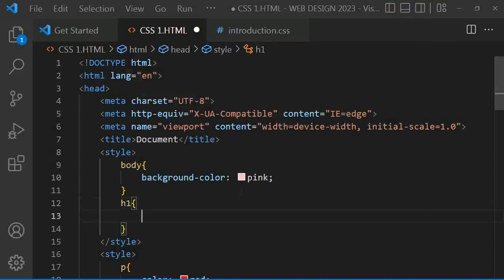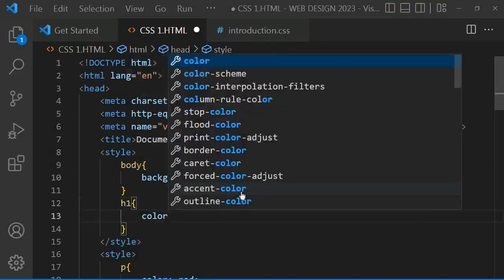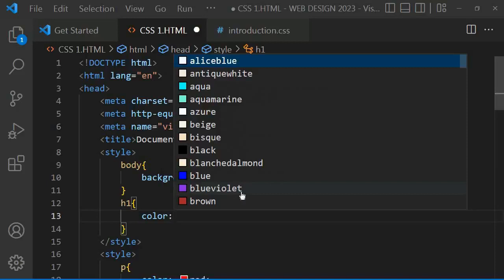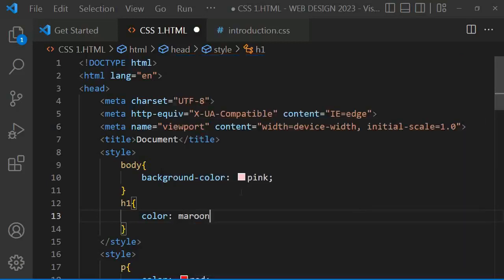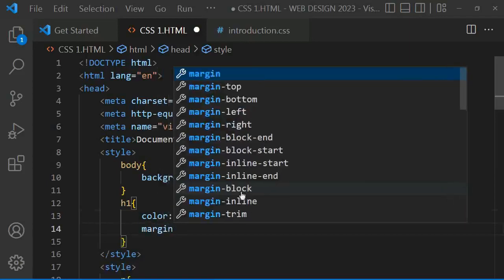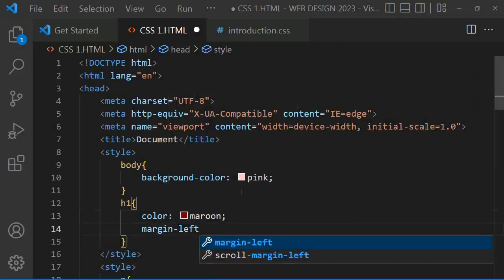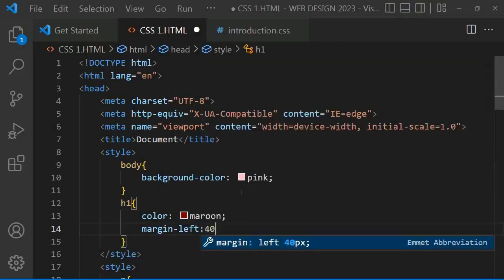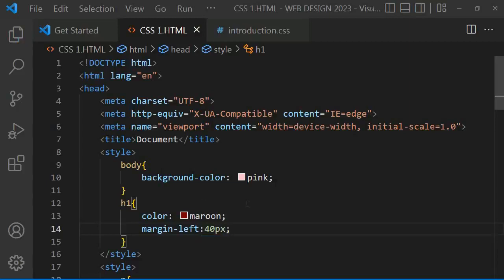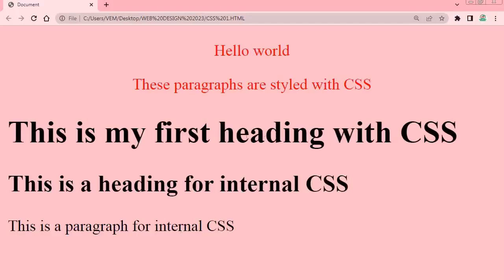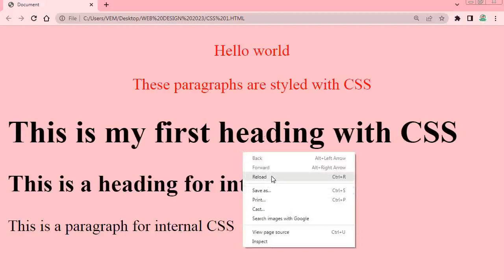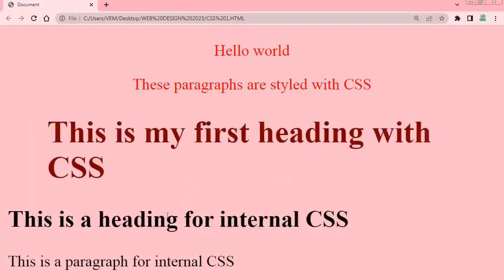So we've styled the body. Let's style our H1. Let's give it the color of maroon. So margin to the left, 40 pixel. Your semicolon. So you save and reload. It didn't work because